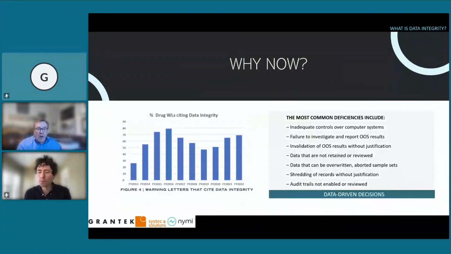So why now? The question really isn't so much why now, but why is it still an issue? If you look at the letters coming from the FDA, the warning letters citing data integrity, you can see there was a bit of a peak back in like 2016, 2017, and it appeared to be going down. It's heading back up again, and this is showing the percentage of warning letters from the FDA that cite data